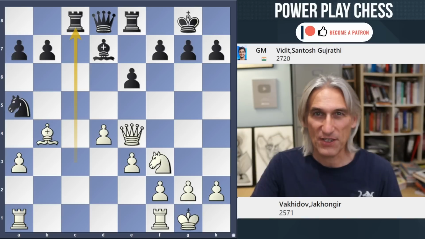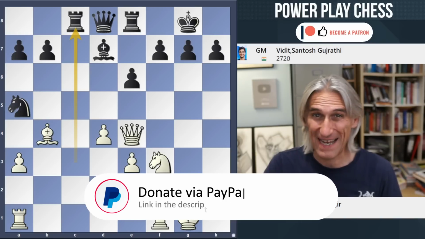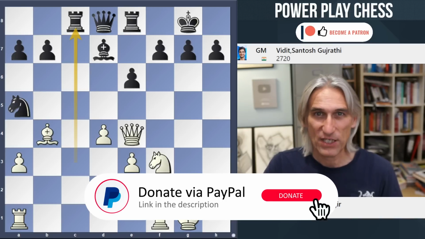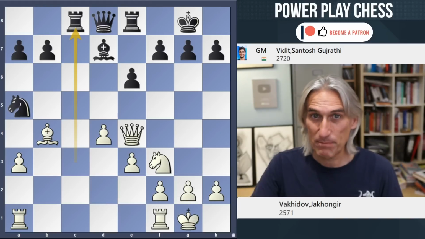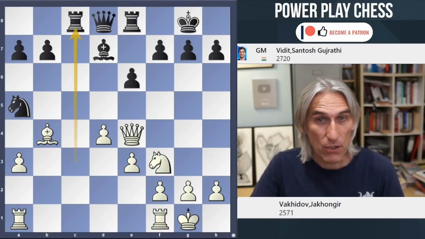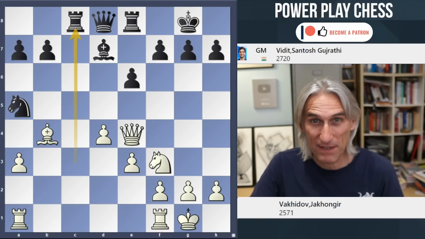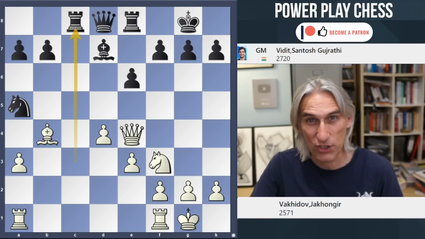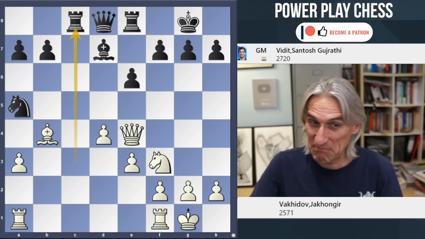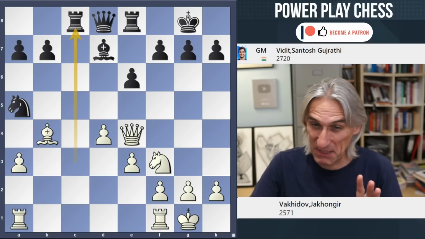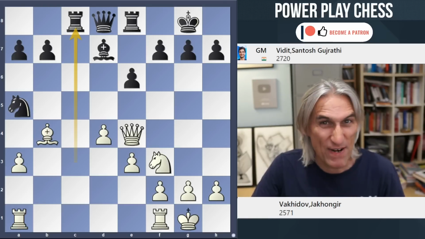Round 9 at the Olympiad, and I'm going to be looking at the top clash between India, leading on 100%, against Uzbekistan, 2 points behind. Now, remember, Uzbekistan won the gold medals at the previous Olympiad in Chennai 2 years ago. So India, well, they only just missed out then. So there's a bit of beef between these two teams. Well, there isn't really, but anyway,